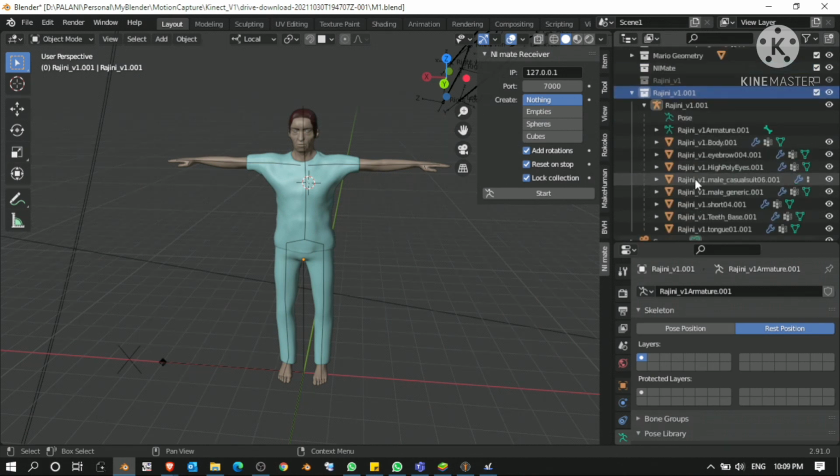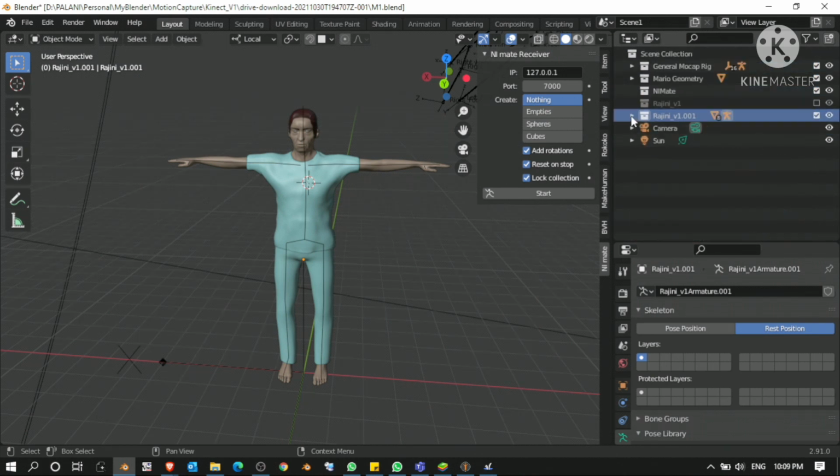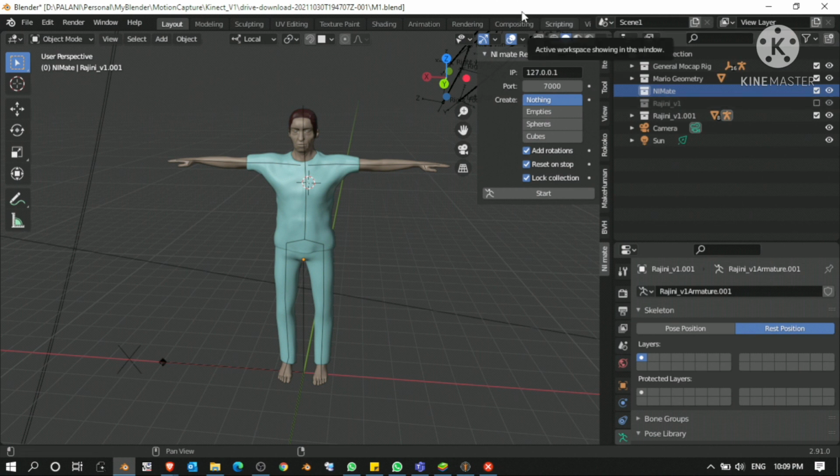Okay, I don't like to reinvent all the stuff like receiving data from Xbox 360 and retargeting into a rig. This kind of task is already done in this sample file. They have provided one rig, so I'm using that rig and retargeting their bones into my rig.